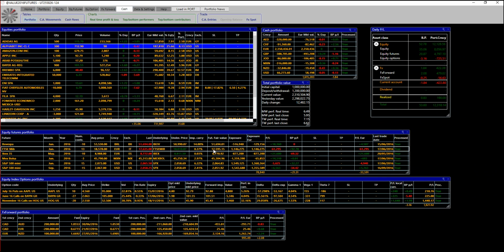So by keeping the application open and without almost touching it, you can actually monitor your portfolio in absolutely real time,